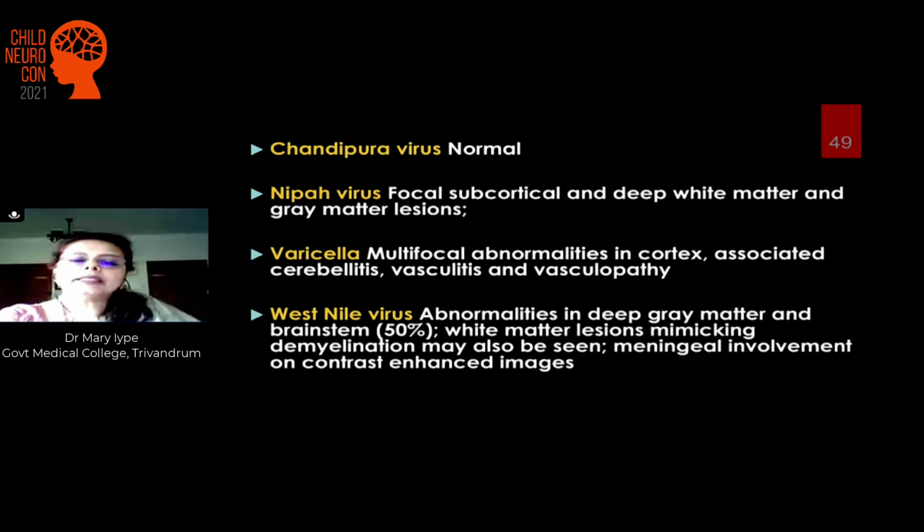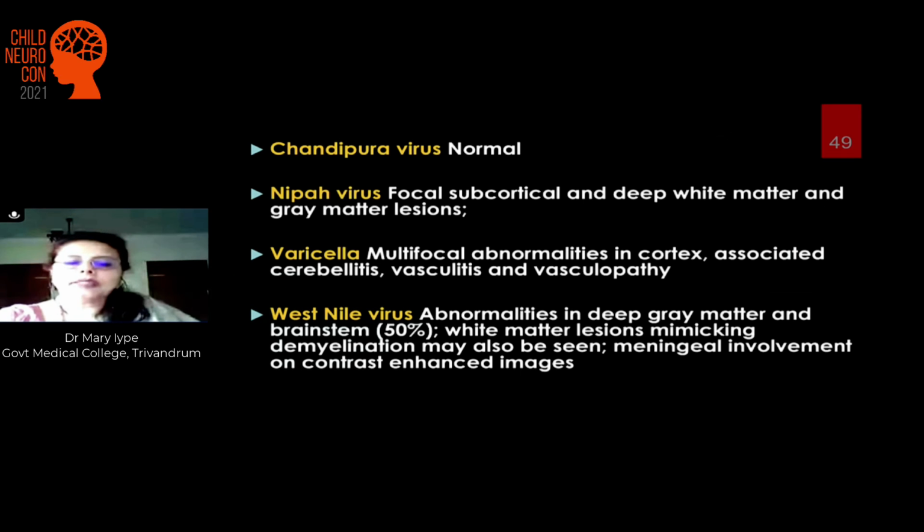Chandipura virus, the MRI will be normal. Nipah can show deep white matter hyperintensities. Varicella, you get multifocal abnormalities in the cortex with cerebellitis. West Nile, you find abnormalities in the deep gray matter and brainstem, and white matter lesions that mimic demyelination, also with meningeal